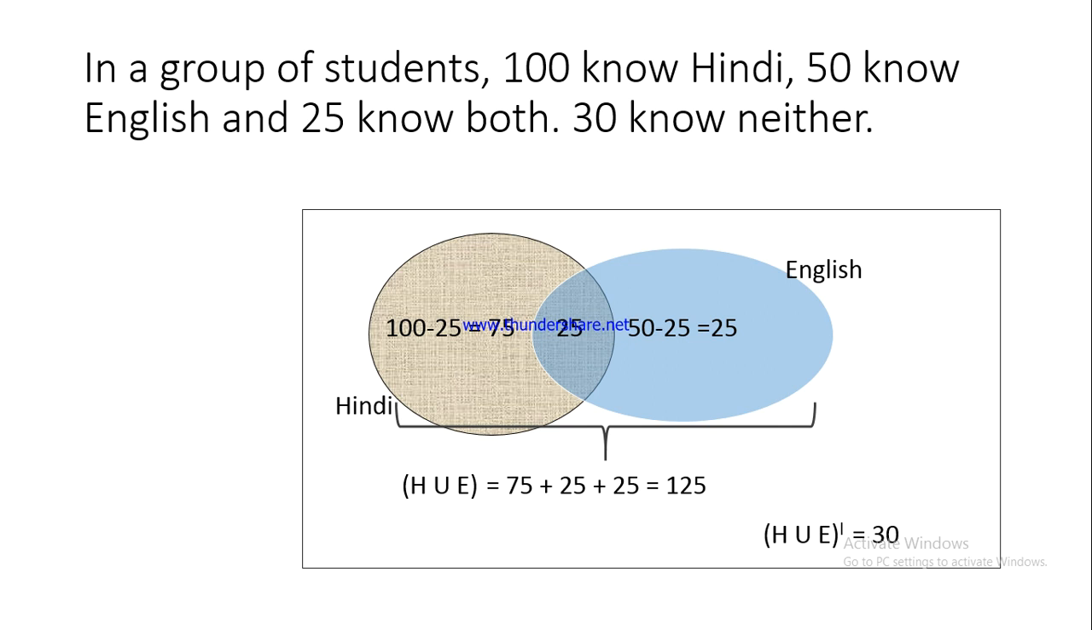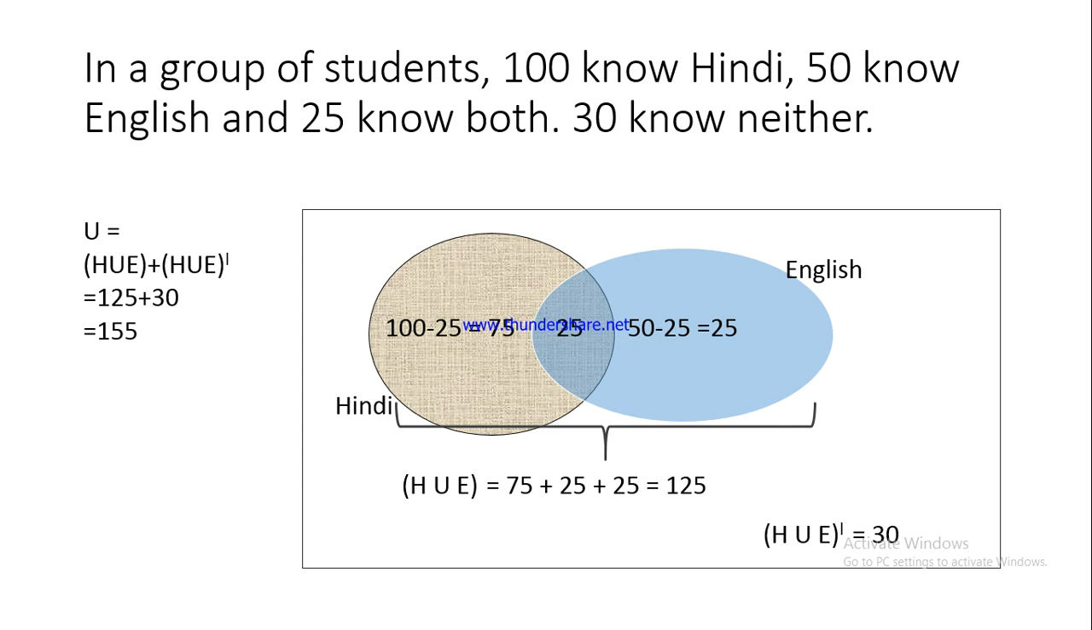So whatever is outside is basically H union E complement, right? So when you have to find out the value of the universal set, you'll have to add them up, and now this becomes 155. So you can cross check using the mathematical method also, numerical method also. Now